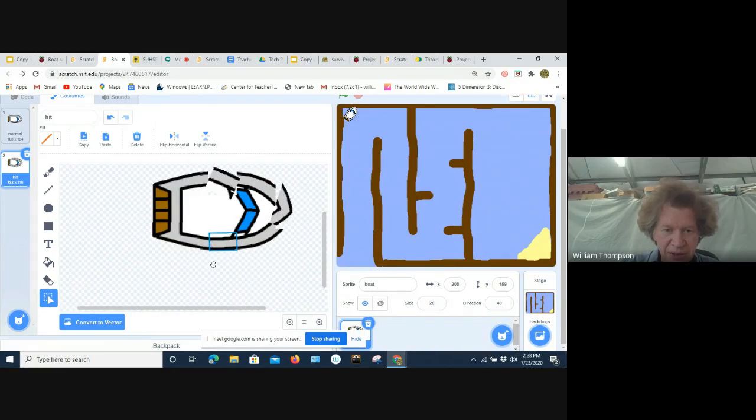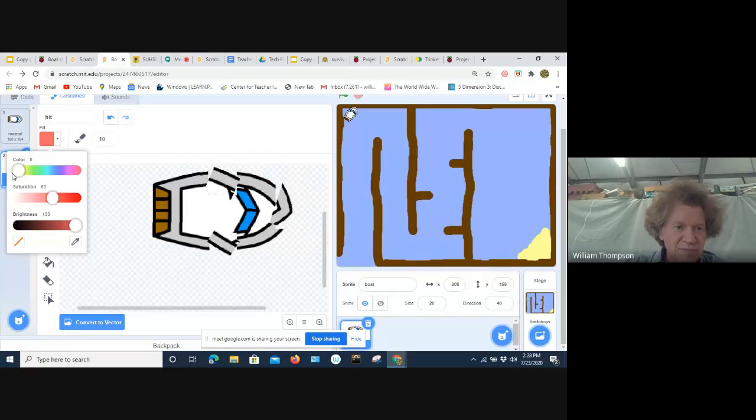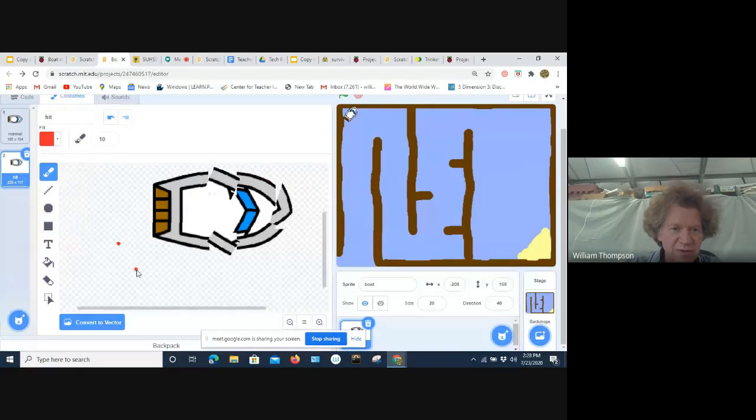I've got to bring out my inner artist here, and then maybe looks like there's a brush tool here, paint tool. I want to set my boat on fire, so I'm gonna scribble some red in here.